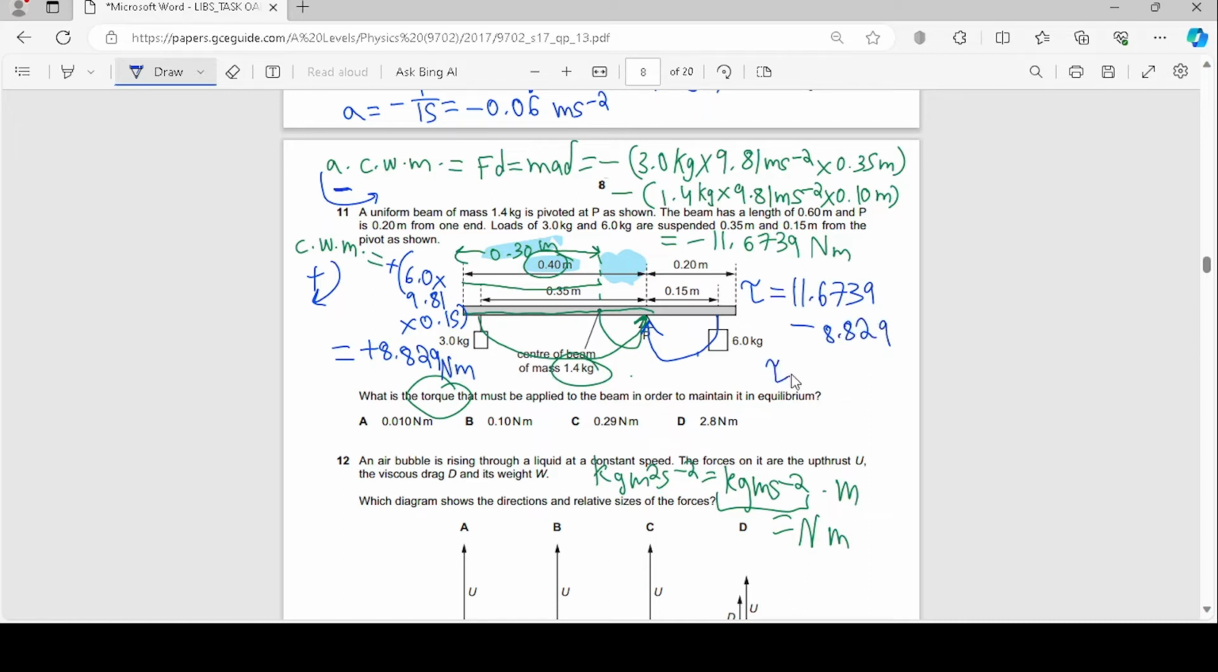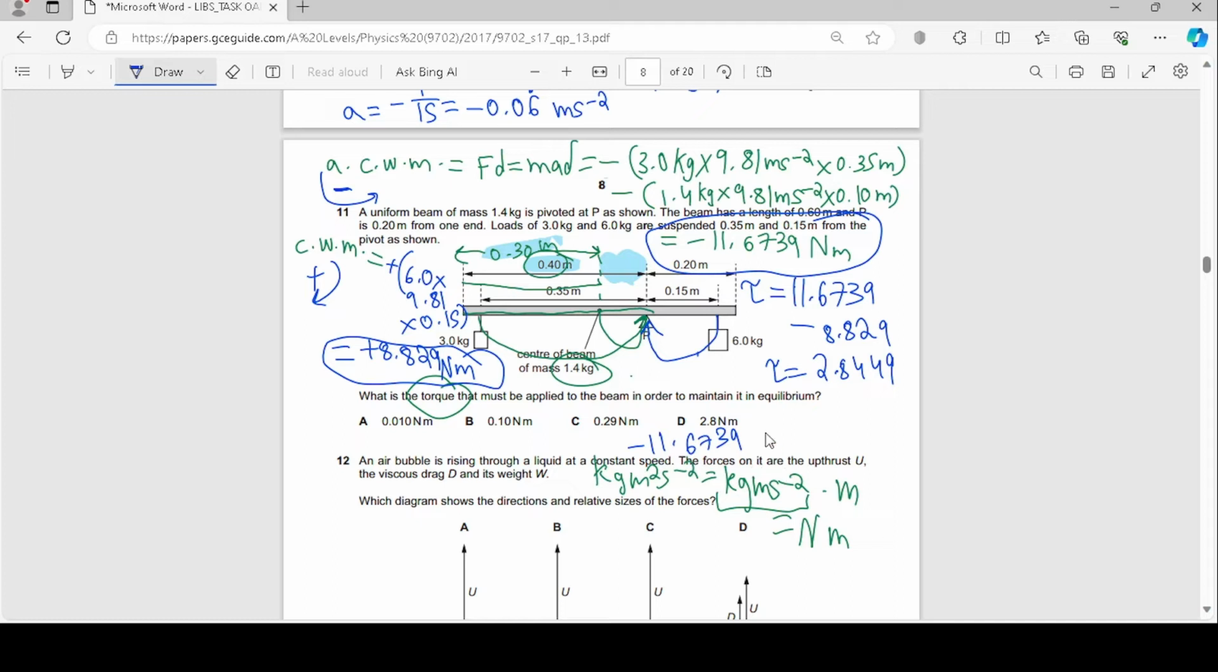And so my torque is going to be the difference in the magnitude. So that's going to be 11.6739 minus 8.829, which is going to be 2.8449. Although the point actually is that even if you had considered the signs, you see that the anti-clockwise moment is larger than the clockwise moment. So that means that the additional torque that I must have is actually in the clockwise direction, because I have to make it like